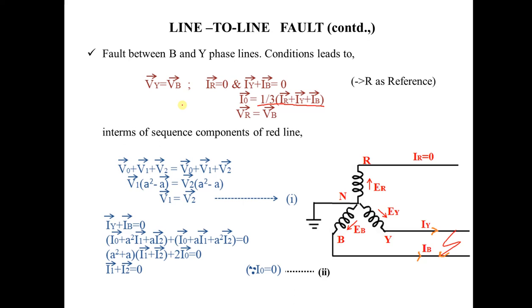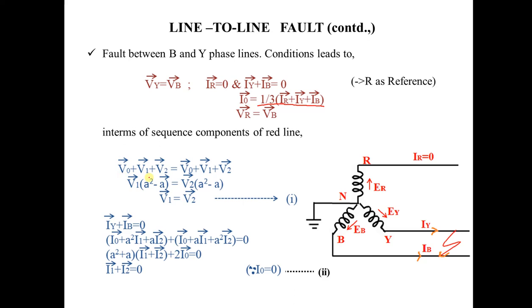Here we are going to express this in terms of sequence components, V naught plus a square V1 plus a V2 will be equal to